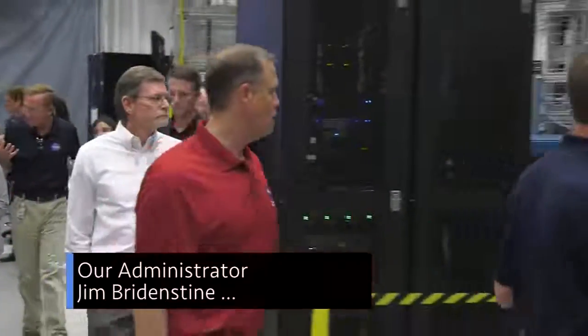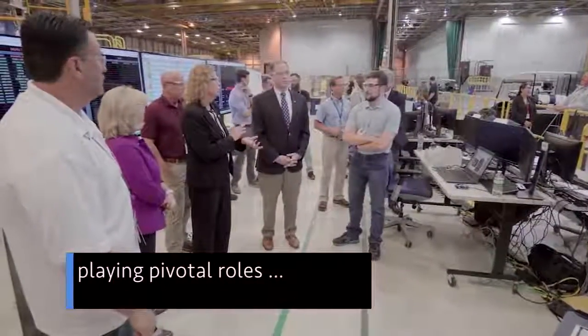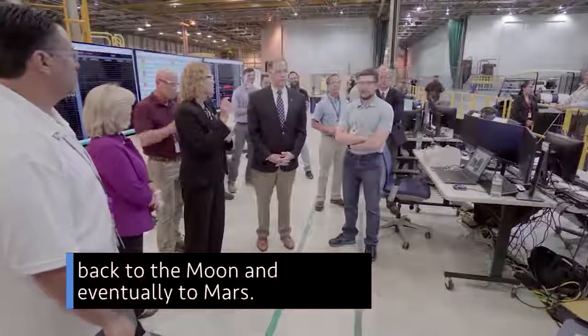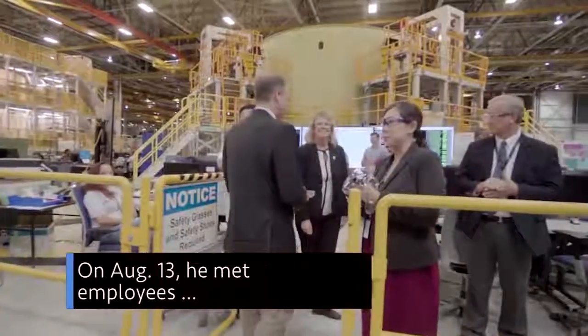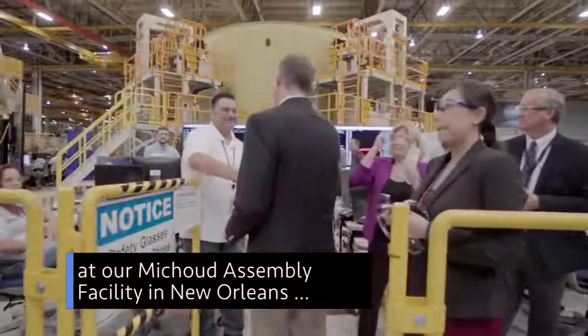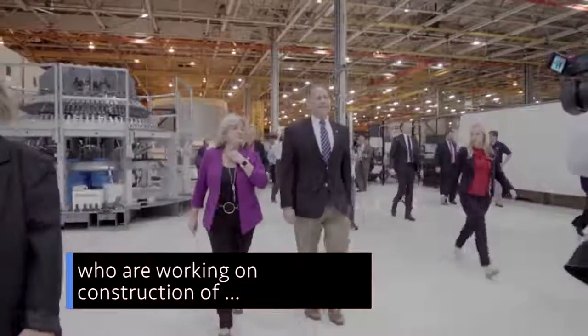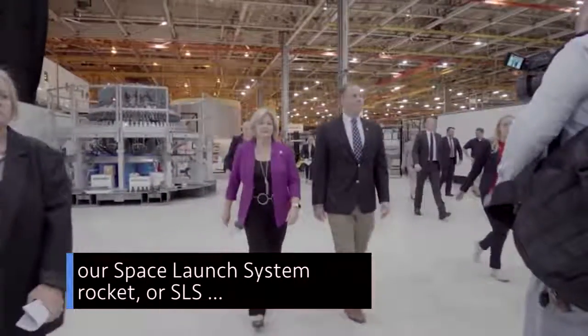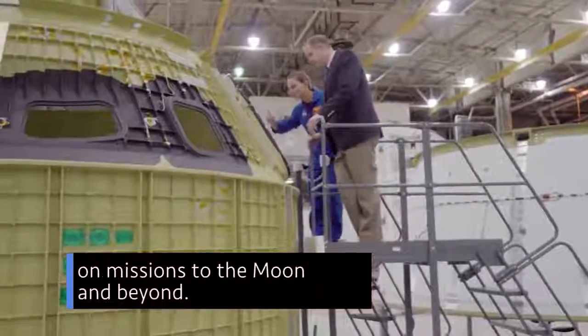Our administrator, Jim Bridenstine, visited 3 NASA centers playing pivotal roles in sending American astronauts back to the Moon and eventually to Mars. On August 13th, he met employees at our Michoud Assembly Facility in New Orleans who are working on construction of our Space Launch System rocket, or SLS, and Orion spacecraft that will fly astronauts on missions to